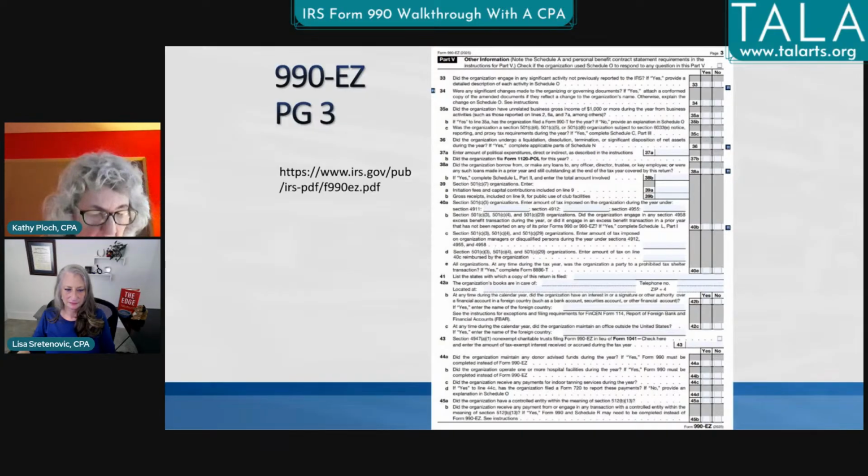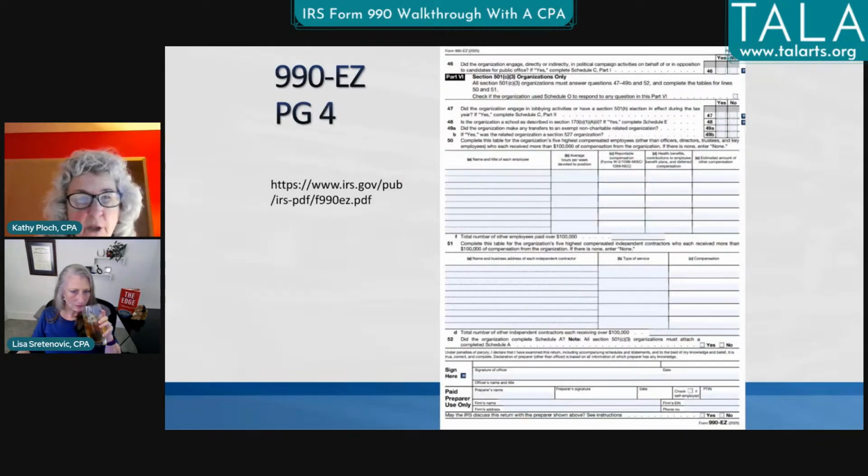Down on number 41, where it says list the states in which a copy of this return is filed: Texas, you don't have to file anything with Texas. 42 is the organization's books are in care of, so you want to make sure you put that. And then basically just answer the questions there. On page 4,